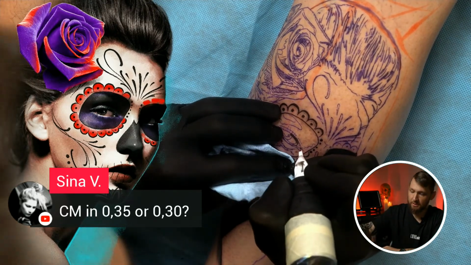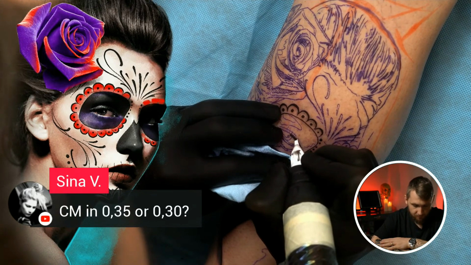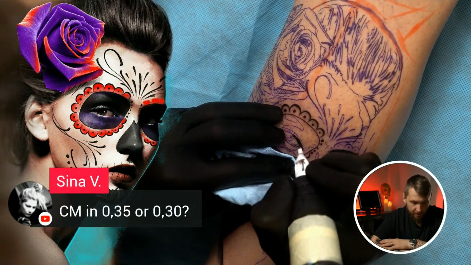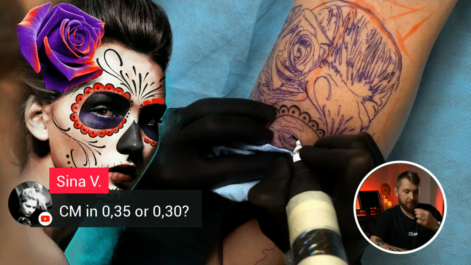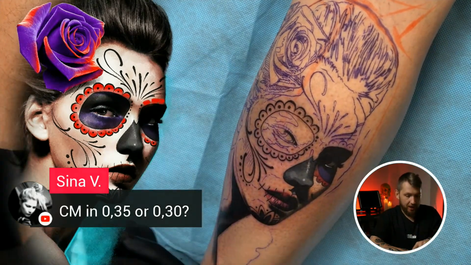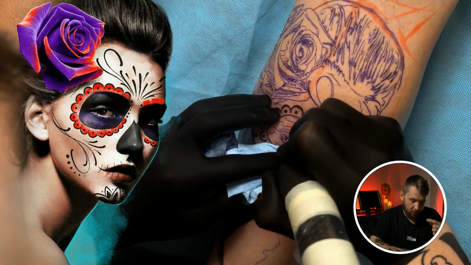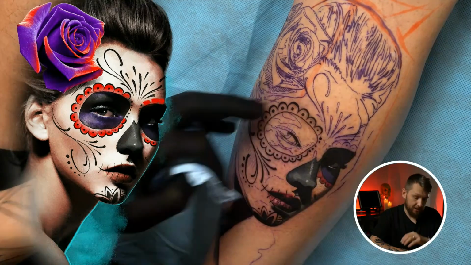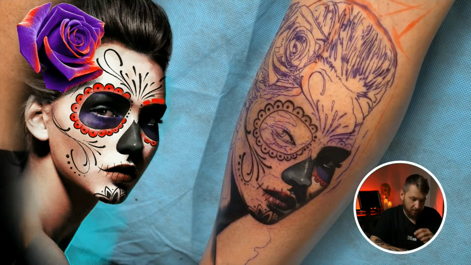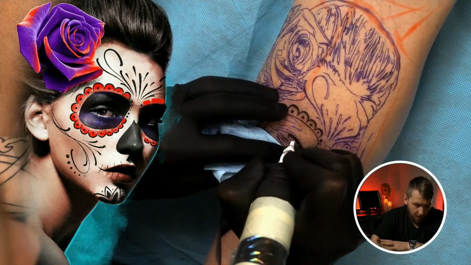So you can see right now I just did the ornament on the cheek, I did the black around the eye, and now I go with the black inside exactly and do the eye. So I'm using more